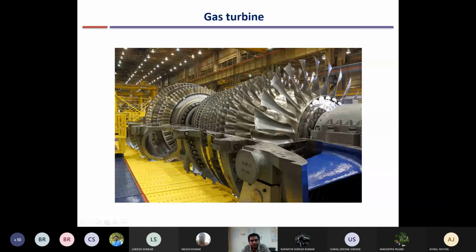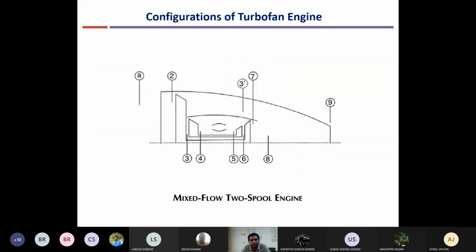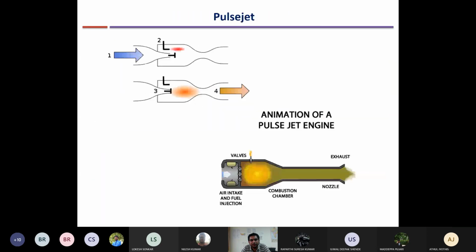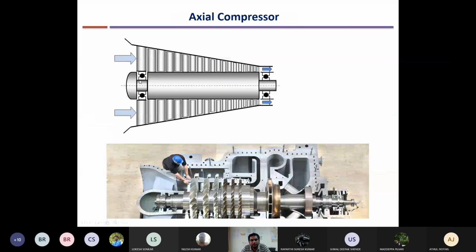So these back stages are the turbine rotor blades. You can see 4 stages are there, 4 sets of blades. These are mounted on the hub, which is mounted on the shaft, and rotate with the shaft at the same speed as the compressor blades. In between each of them there will be stator blades, static blades, which are mounted on the casing. This is similar to the axial compressor, but opposite in nature.